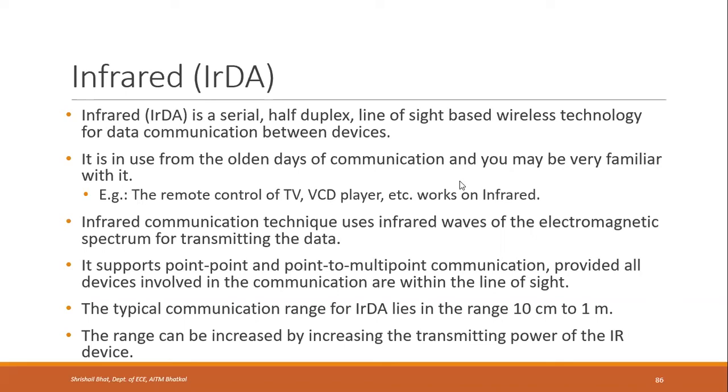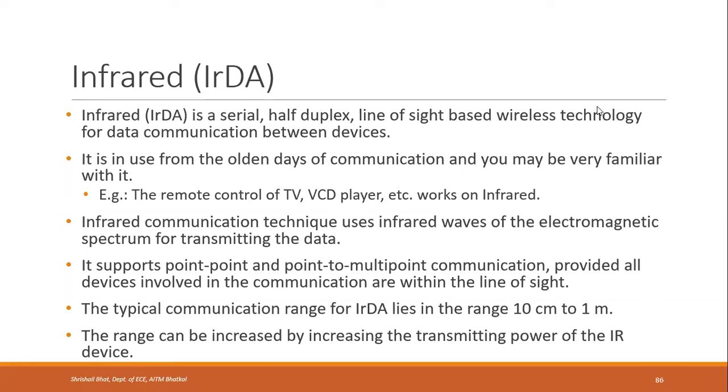Anything just above the frequency of violet is called ultraviolet, and the rays just below red are called infrared. Infrared means below red, that is, the frequency is lesser than the frequency of the red color. That means they are not visible. Visible light is only in the range of violet to red. Above and below that, it is not visible to human eyes. So these IR rays are not visible to human eyes.